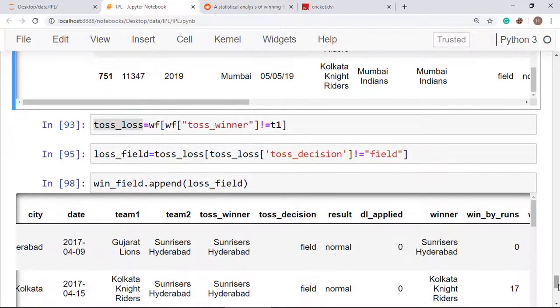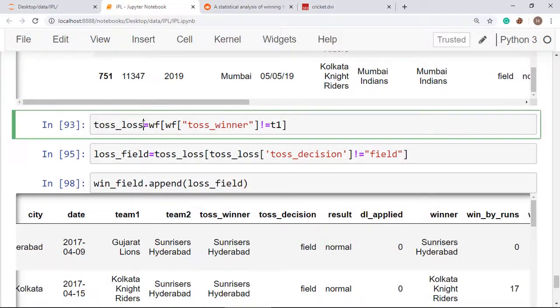Now I am collecting the matches where Mumbai Indians has lost the toss and batted in the second inning. So I have created a toss loss data frame where I have stored all those rows where Mumbai Indians has lost the toss. So I am checking toss winner is not equal to T1, meaning the selected team is not the toss winner.